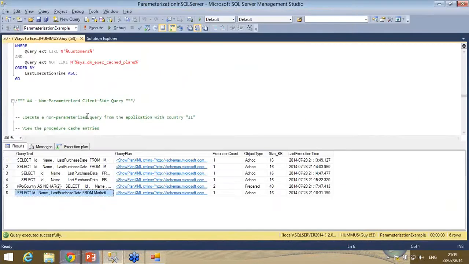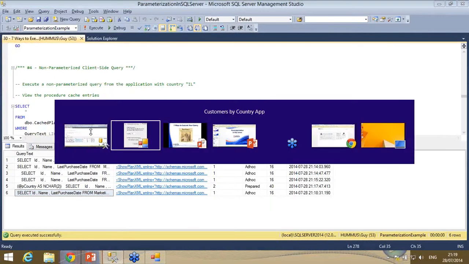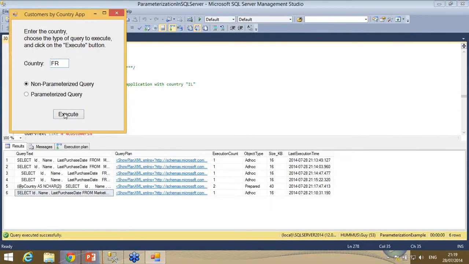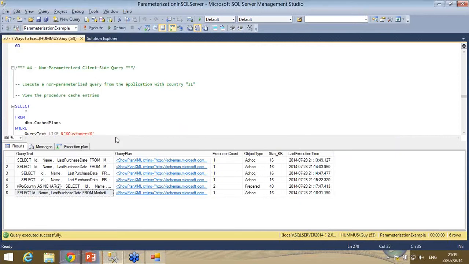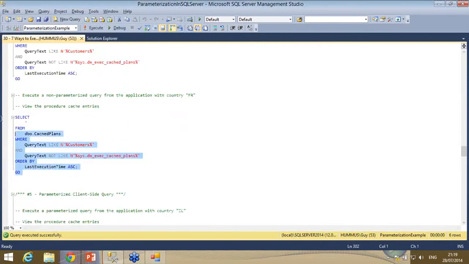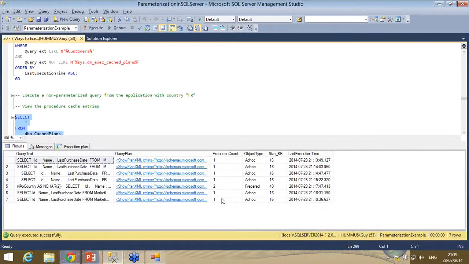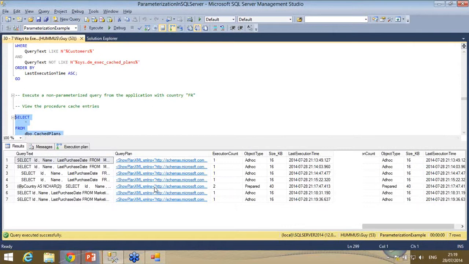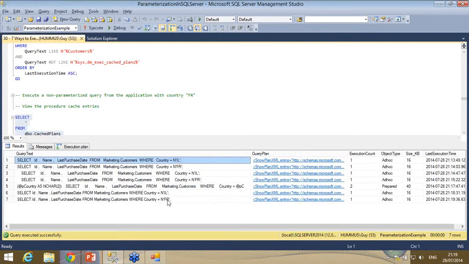And when I change this to FR, I do execute. Again, this is non-parameterized. A lot of copy-paste here, I know. So we don't have a reuse. Both of these statements came from the application, one with IL, one with FR. When I use